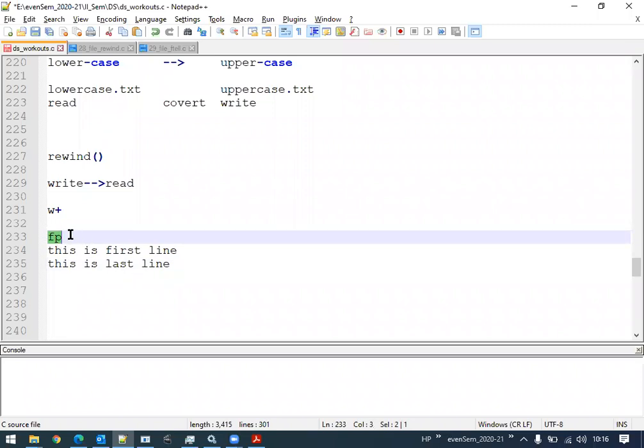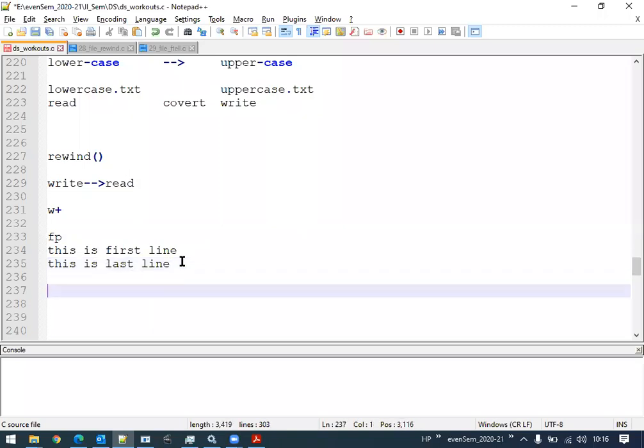End of the file. Is it the end of the file or is it at the beginning of the file? End of the file. It is the end of the file, right? Because we have not yet closed the file. That means the FP is still here itself.